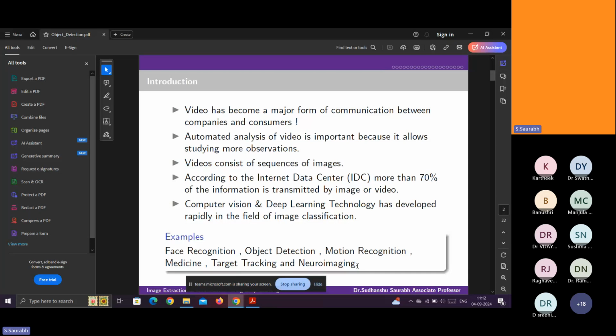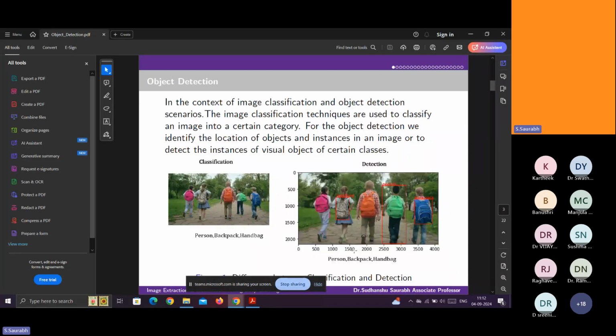And see, this is what I performed. See, these are the objects. First, a few students are there. They are carrying school bags and they are moving. This is video data. What I did, I converted this video into images first, and after that applied the region-based algorithms.